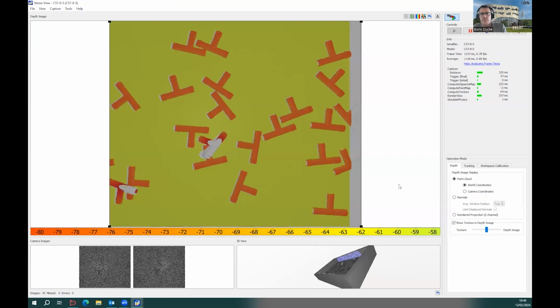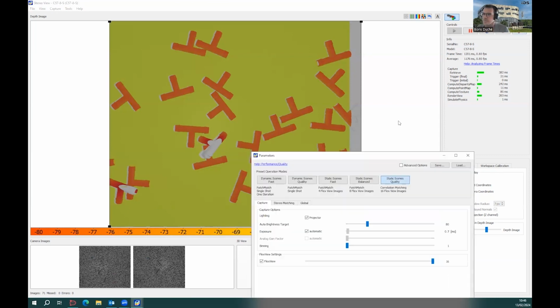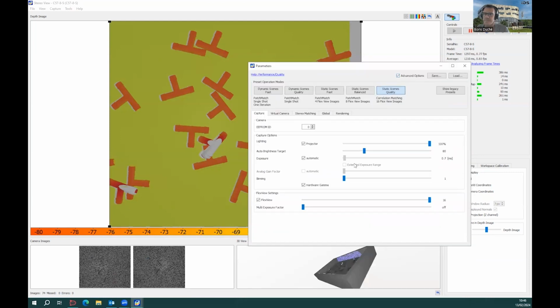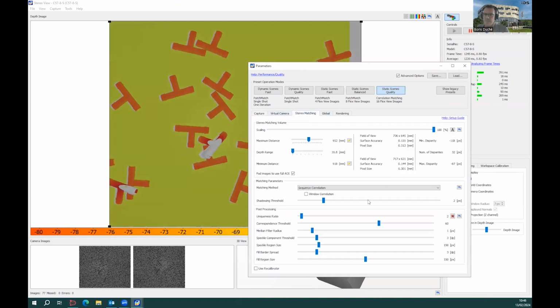The matching algorithm can be selected between a few options when you work with sensor cameras. Some of these algorithms are extremely fast. Some of these algorithms are extremely precise. It really depends on the trade-offs that you want to achieve. Let's take a deeper look. If you hit the advanced options, under the stereo matching section, you will find the matching method. That is the name of the matching algorithm that is used.